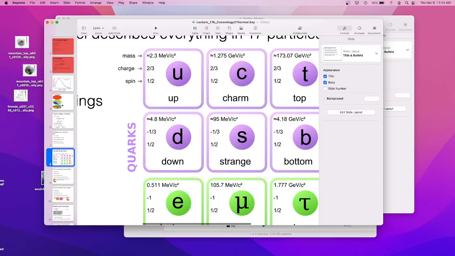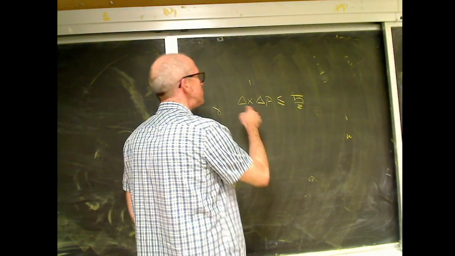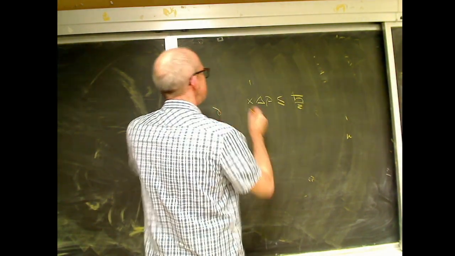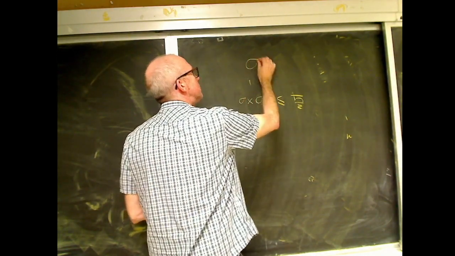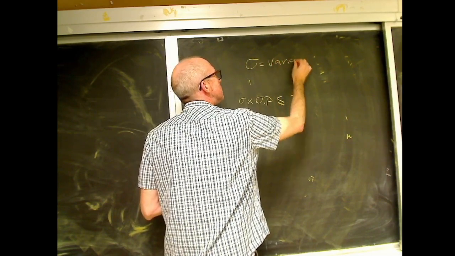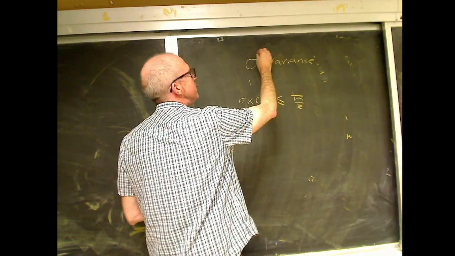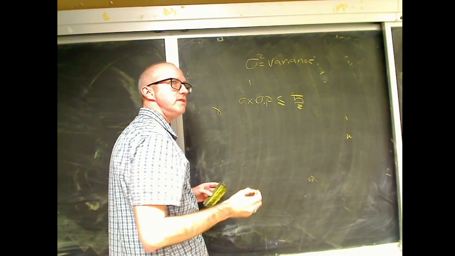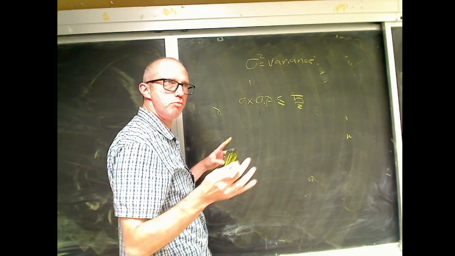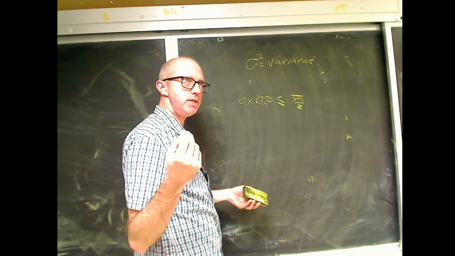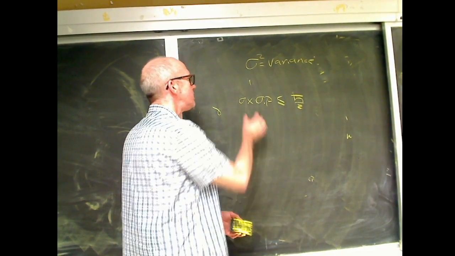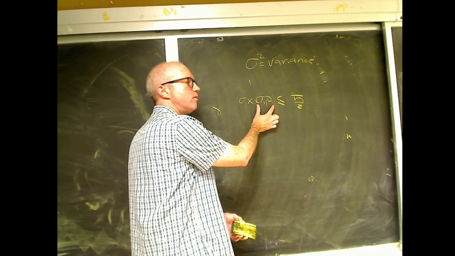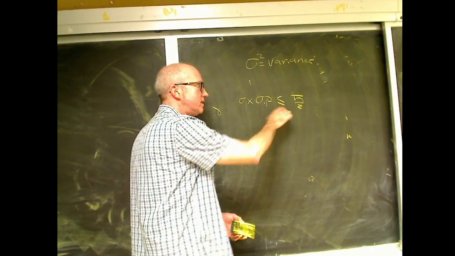Here, let me change the camera. So I put this as a delta. I would rather write this as a sigma, where sigma is the standard deviation. The variance, sigma squared, is the variance. Sigma is the standard deviation. So this is how broadly distributed the momentum could possibly be, or this is the error on the momentum and the position. So this is how well I understand x, and this is how well I understand momentum. And their product has to be at least this.